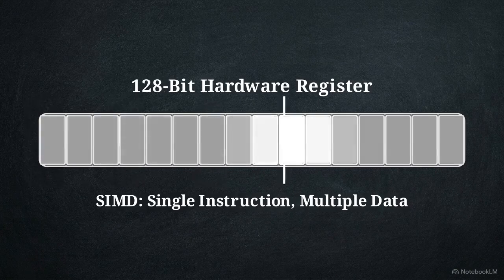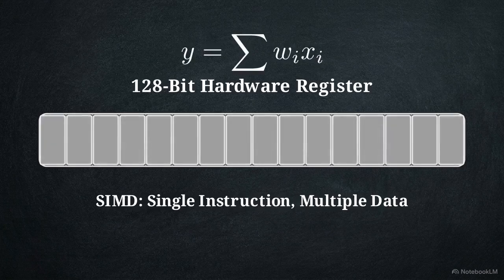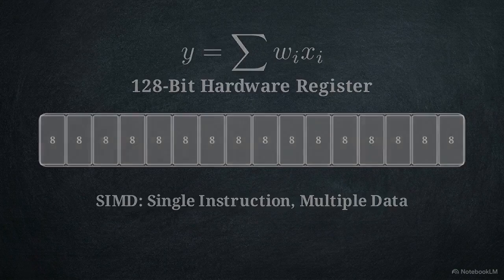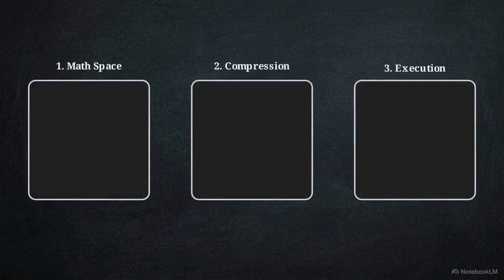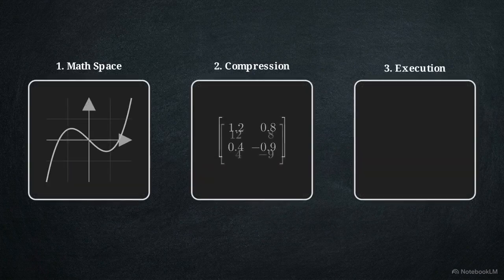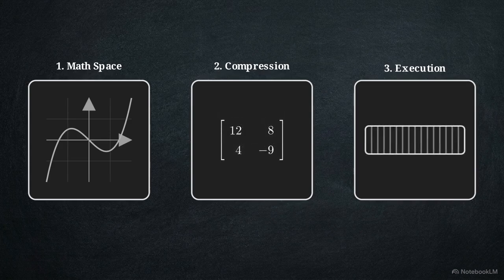We can now route our previously quantized integer blocks straight into these physical architectural lanes. 16 distinct data points load side by side perfectly into a single hardware register. The physical advantage of this geometry happens at the exact moment of computation. In a single hardware clock cycle, the processor sweeps across all 16 lanes simultaneously, computing an entire cluster of dot